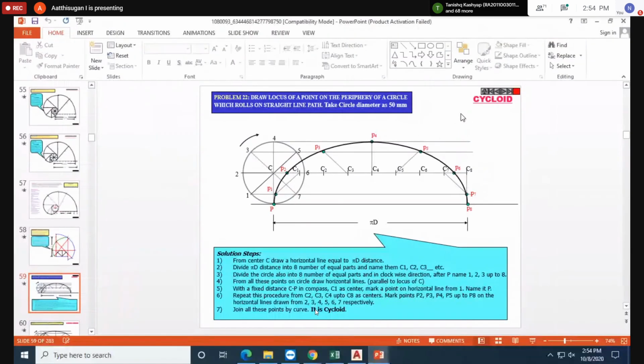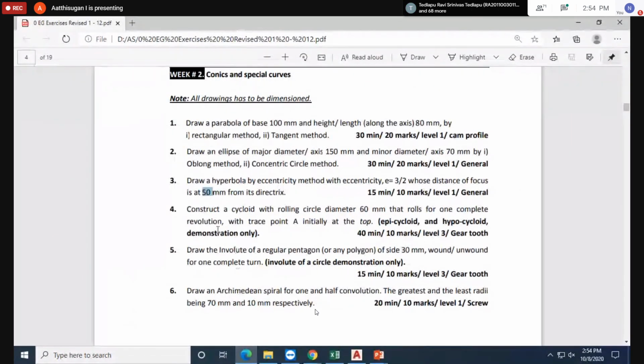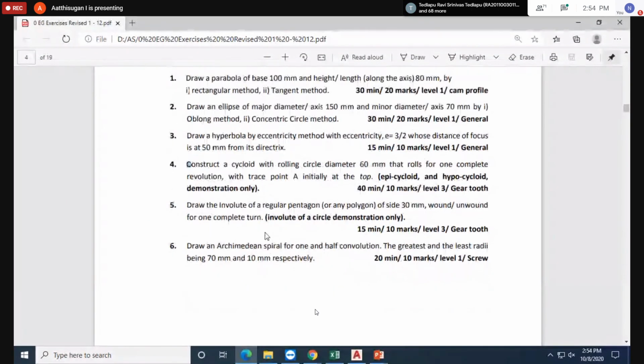And this is your fourth question. Construct the cycloid. Okay, they're going to follow this one. Then involute and Archimedes spiral. Okay, the two things are there. The spiral I'll explain directly from AutoCAD. Involute is nothing but